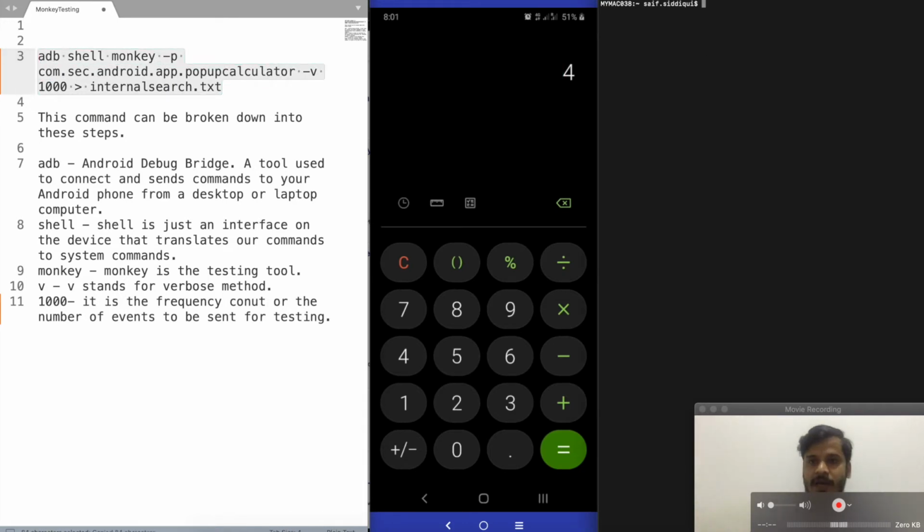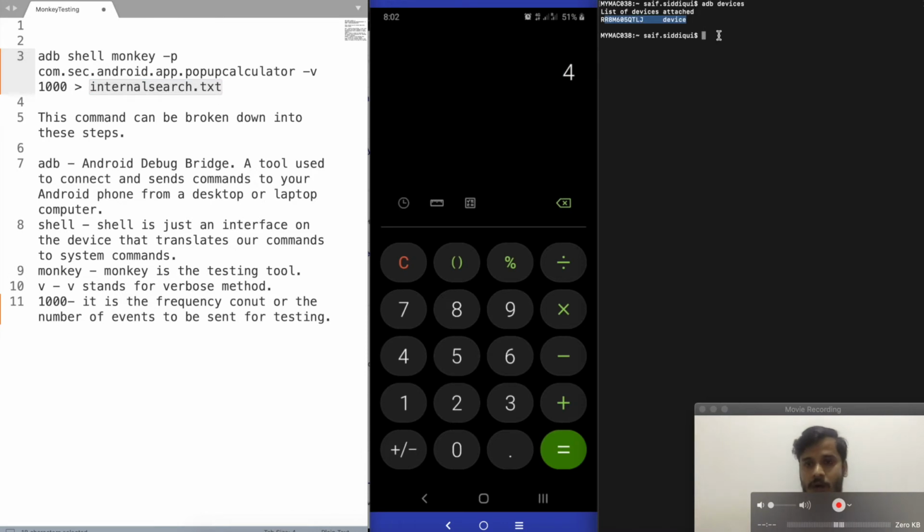and I will see if my device is connected. For this I will just type adb devices. You can see one device is already connected. Once all these commands are running, I'm just going to save the logs in this internal search.txt. So if any issue or any crash is coming, I can just go into this file and read the logs.